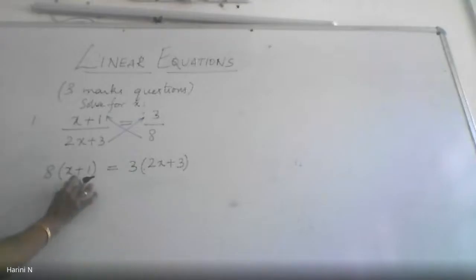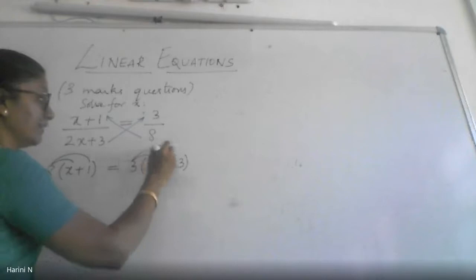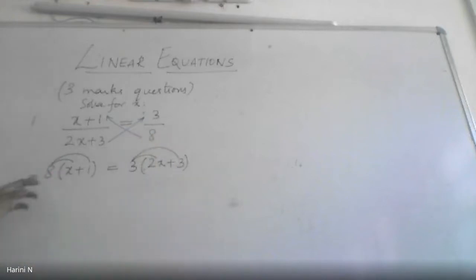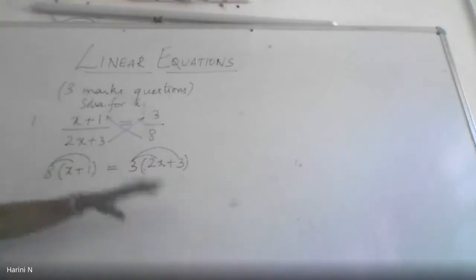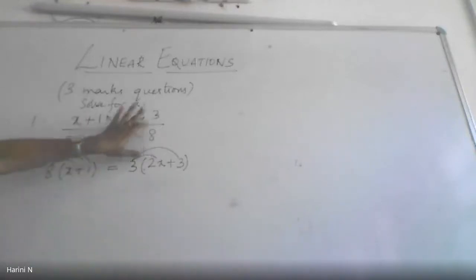Ma'am, because we have to multiply both the numbers with the same number. Both the terms. You have 2 terms in this expression. So this 8 has to be multiplied with both the terms. That's why the bracket is there. It will allow you to tell that yes, the multiplication has to be done 2 times. That's the reason the bracket is brought in. It will remind you that there is multiplication done 2 times both on the LHS and the RHS. So after the cross multiplication, now the fractions vanish. You have a linear form of the equation.